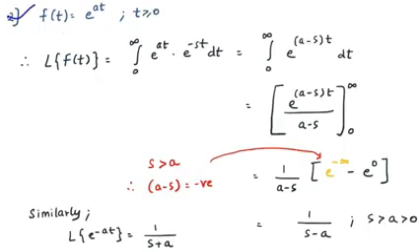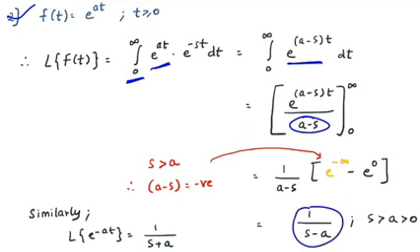F of t is equal to e raised to plus at when t is greater than or equal to 0. Now tell me what would be the Laplace of this function. Again, using the same formula, we are changing the limits 0 to infinity. In that limit our function is behaving as e raised to plus at. Then using the indices we can add the power, so e raised to a minus s into t. Now do the integration. In the integration always the coefficient is divided, and you have to do upper limit minus lower limit, then you will get the final answer.